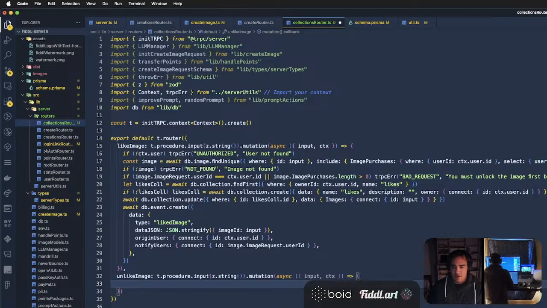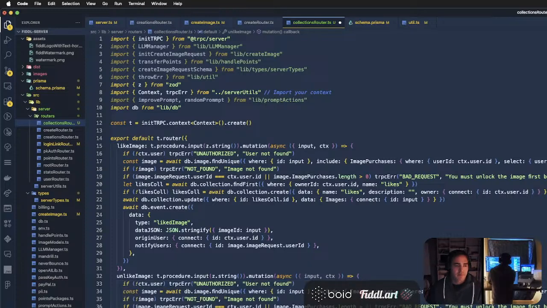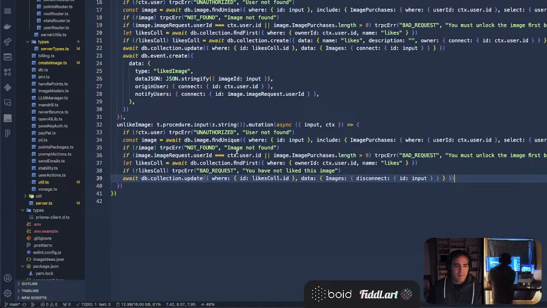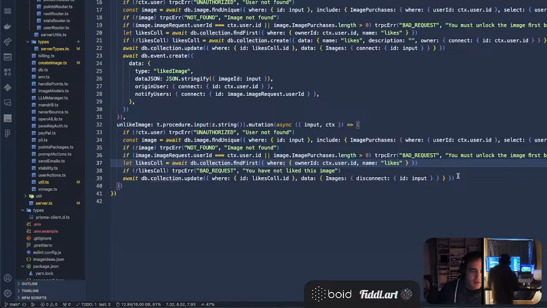I feel like the AI is just going to crank this out. I'm going to give it a second. I don't think I need to check ownership. I just need to check if